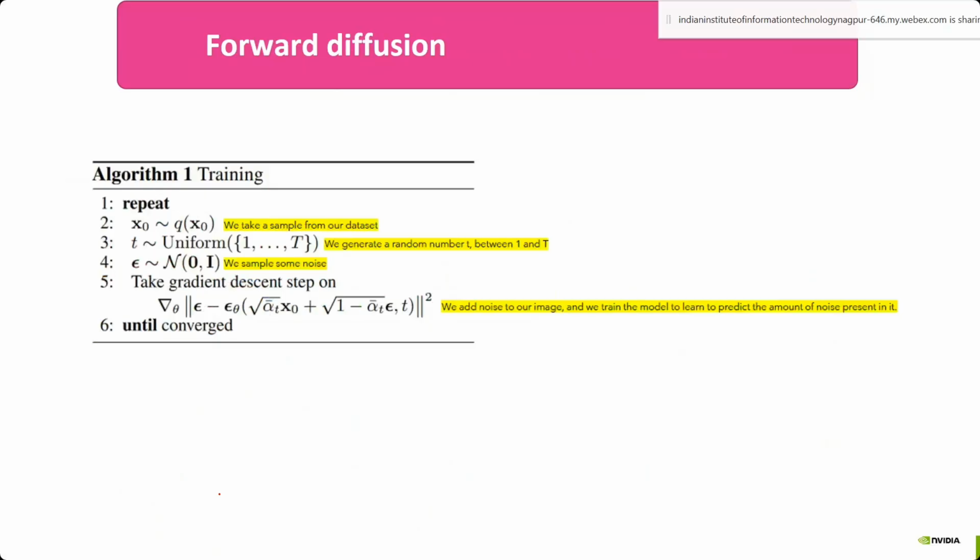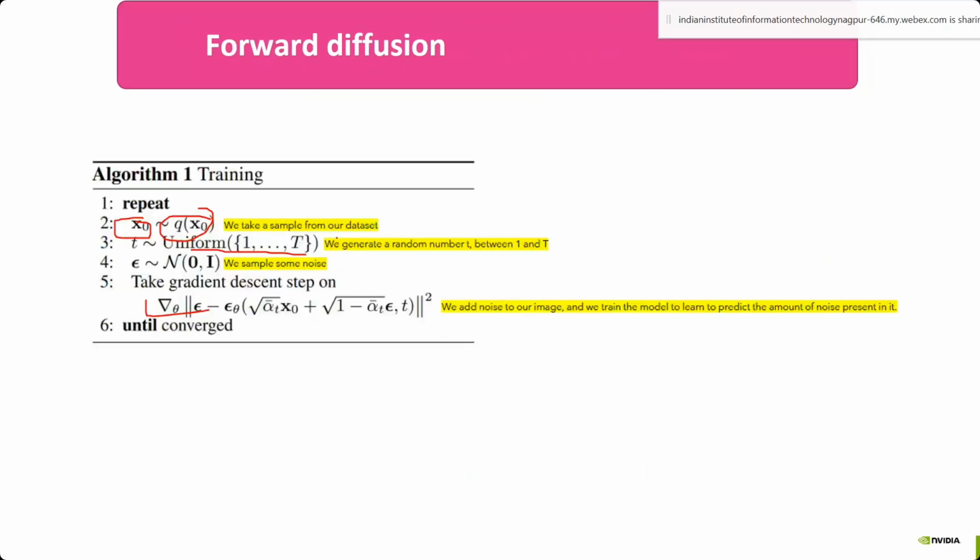So at the 5th time step, I have added X amount of noise, and whatever my model is predicting at that time step, the difference between them is the loss function. So here, this is the loss function. You are taking the image, then from a uniform distribution you are taking the t value.